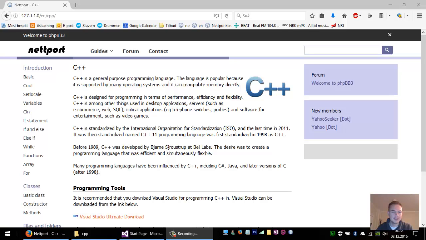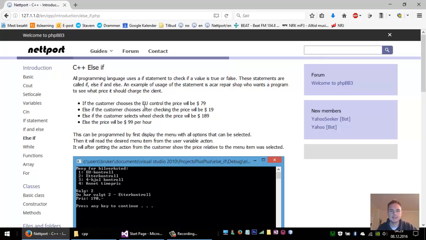So in C++ we can program a menu where the user selects between different types of action and gets the menu for the action he chooses. So this is called else if, and the example I was thinking we could create was a